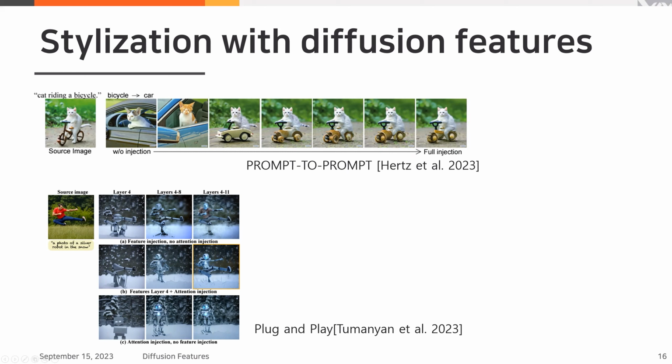So Prompt-to-Prompt chooses to make the injection time step a user parameter so that the user can choose the amount of injected features. While Plug-and-Play uses all the time steps while injecting the features, the ResNet features are constrained to layer 4, where coarse spatial information is made, but not the fine information or texture to be injected. As you can see in the